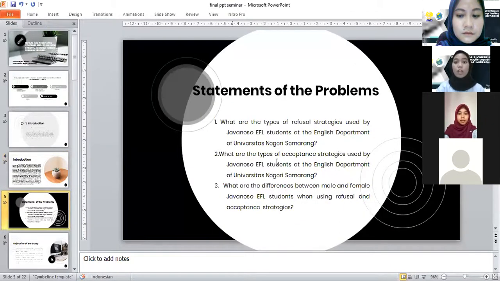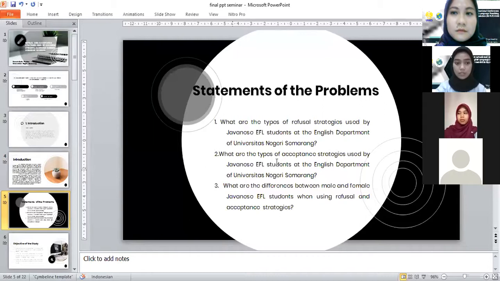The statement of the problems. The first is what are the types of refusal strategies used by Javanese EFL students at the English Department of Universitas Negeri Semarang. The second is what are the types of acceptance strategies used by Javanese EFL learners at the English Department of Universitas Negeri Semarang. And the third one is what are the differences between male and female Javanese